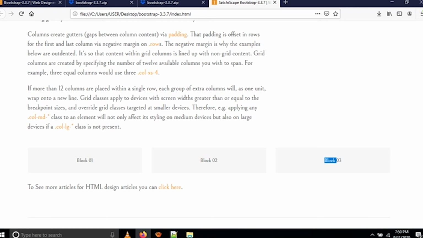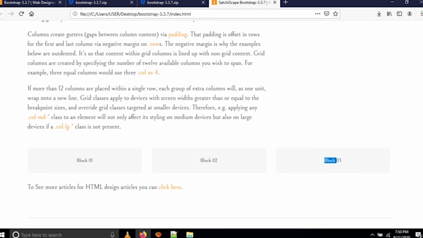You also have to know that Bootstrap and also Photoshop designs consist of 12 grids. In the 12 grids, block 1, block 2, block 3 is 12 grids divided by 3. So with 3 columns, 12 divided by 3, each column comes to 4 grids.